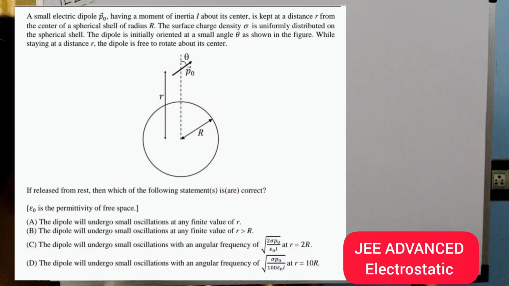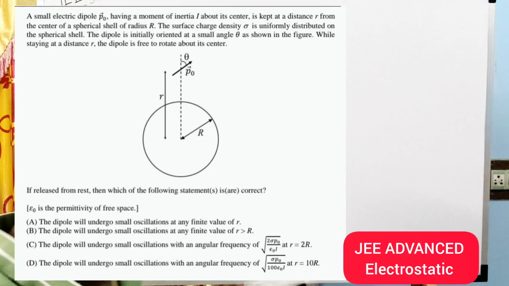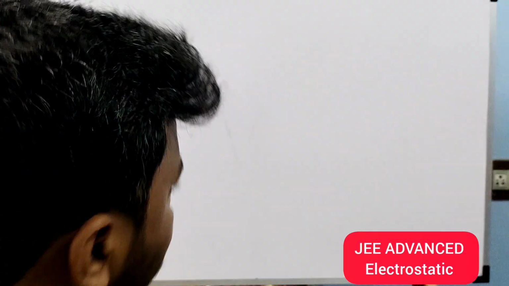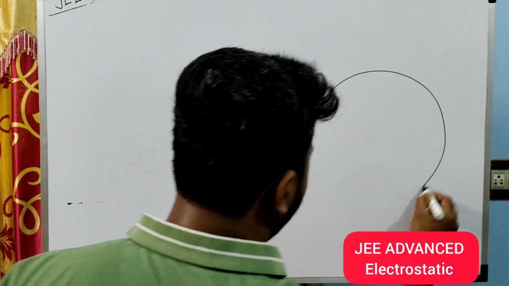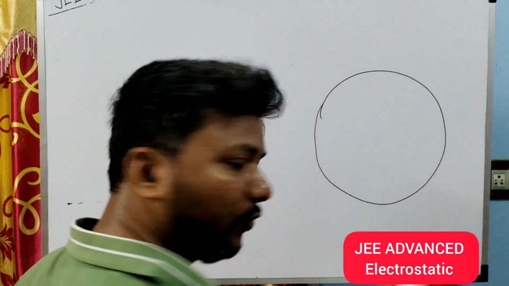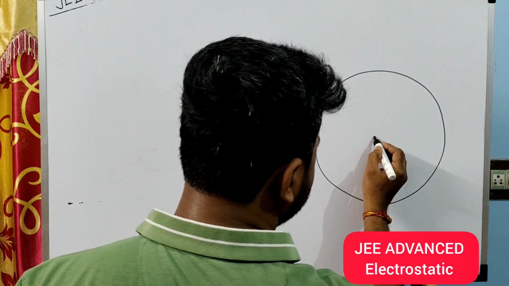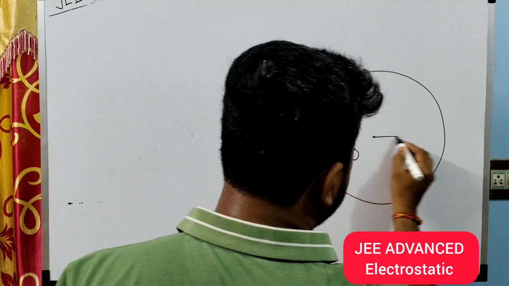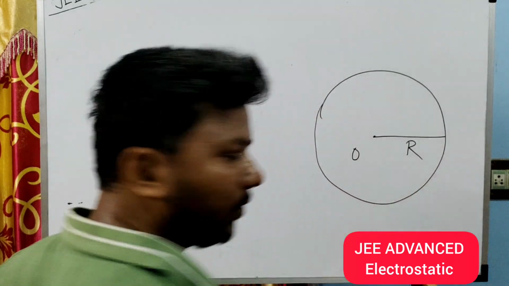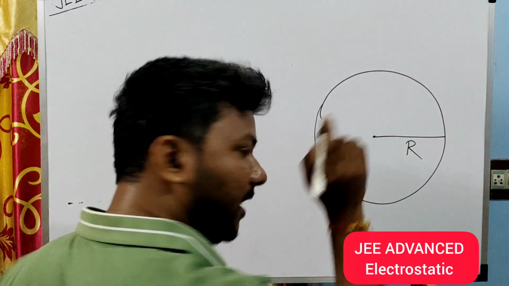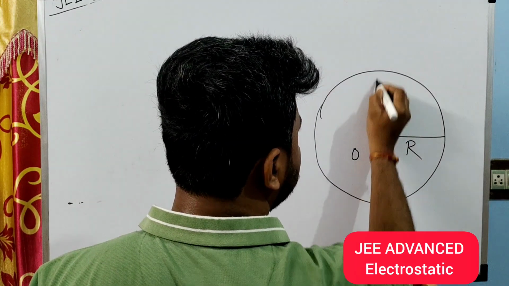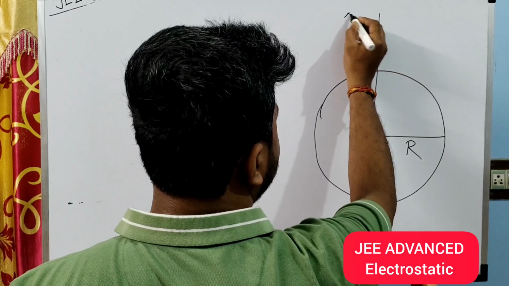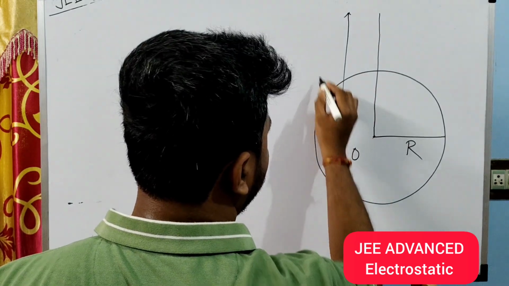Before solving this problem, I will draw the figure here. The figure is like this. This is our spherical shell. According to the question, this is the center O, and this is the radius R. From the center of the spherical shell, at a very small distance small r,